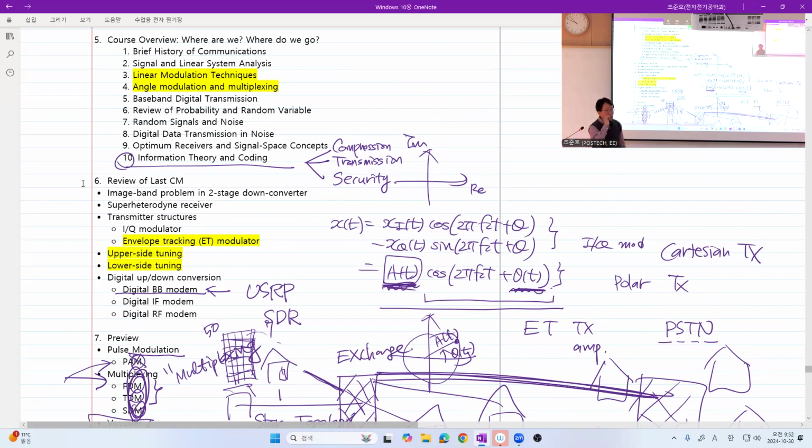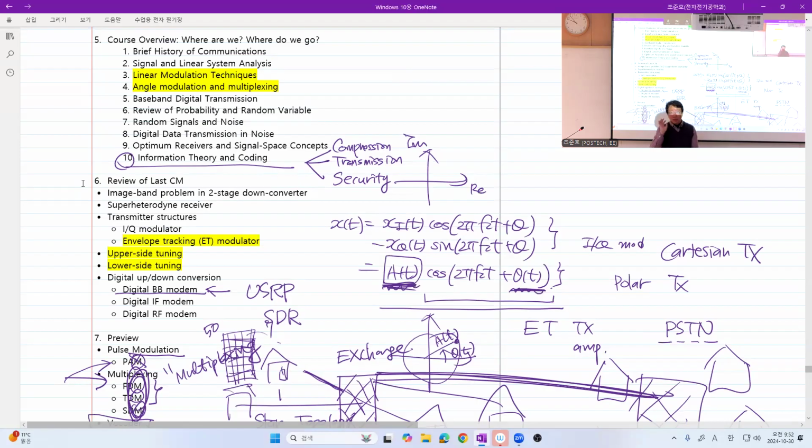However, as I emphasized, it's not all. Sometimes we really need a complex valued baseband signal to be transmitted. And we've already seen some examples. In SSB, even though SSB can be mathematically generated from DSB by subband filtering,